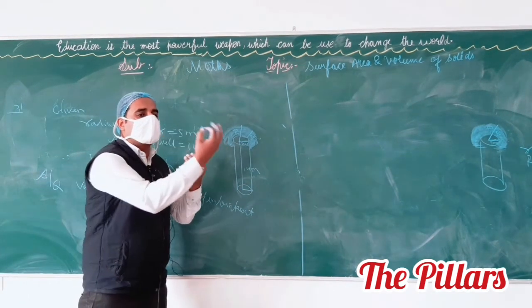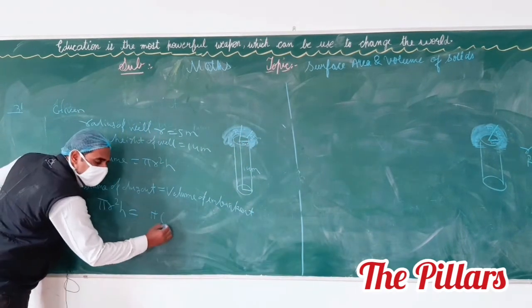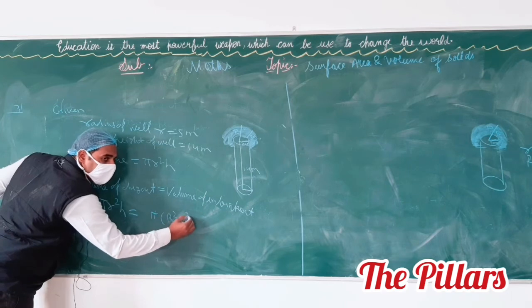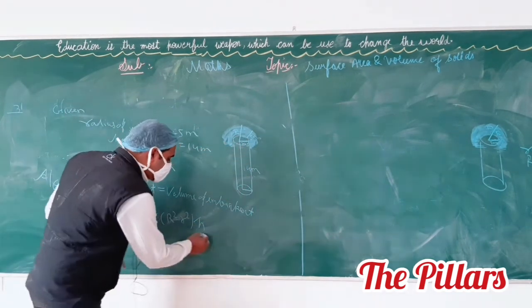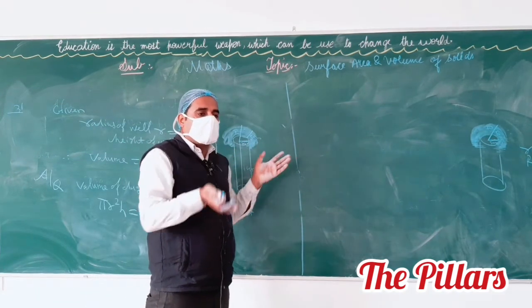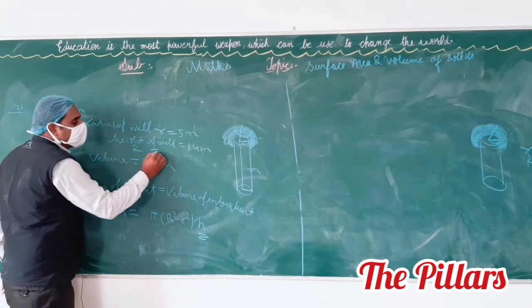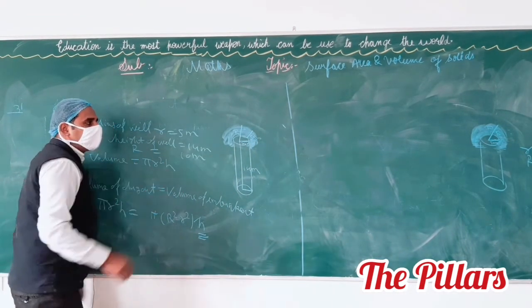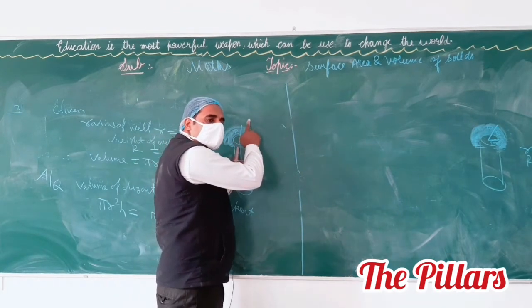Whenever you make the embankment, this is a hollow cylinder and its volume is π(R² − r²)h. This h we want to calculate, that is, to what level you have to make the embankment. The question has asked about this h, where capital R equals 10 meter, which is the internal 5 plus the width. Till here, does anyone have any problem?